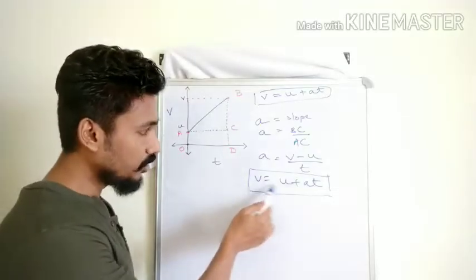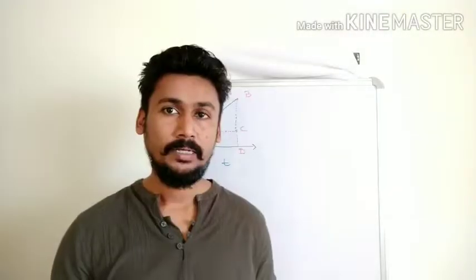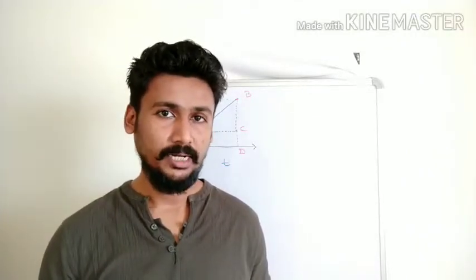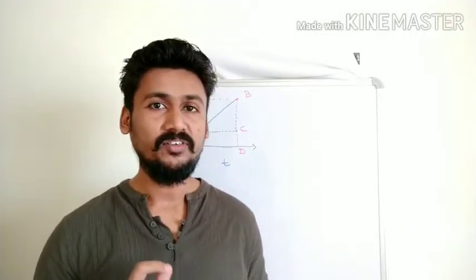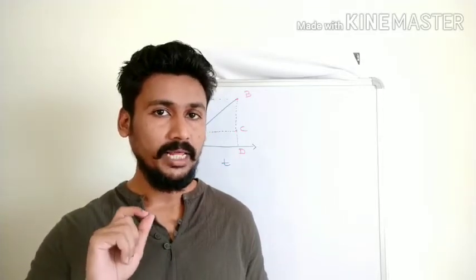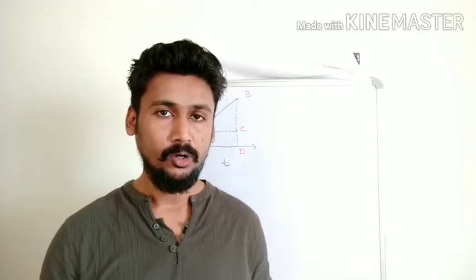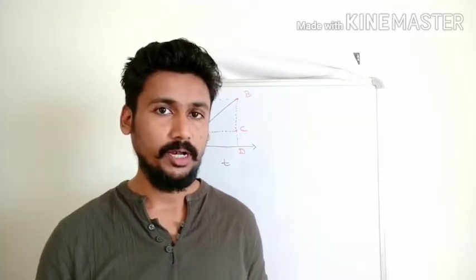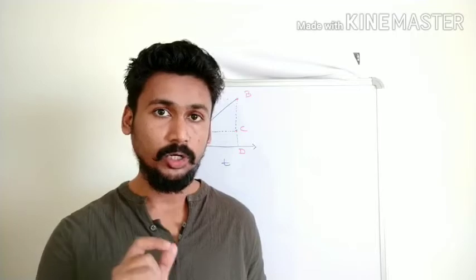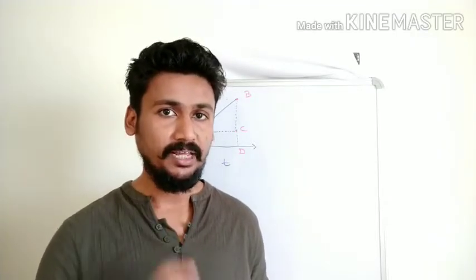This is the velocity time relation: V is equal to U plus AT. I hope that derivation was understood. Now maybe for the first time we are seeing such kind of derivations, so if you take some time to understand it, that is absolutely okay. Do not worry. Just go through the derivation one more time and then I assure you that you will find it very simple. Now let us derive the second equation.